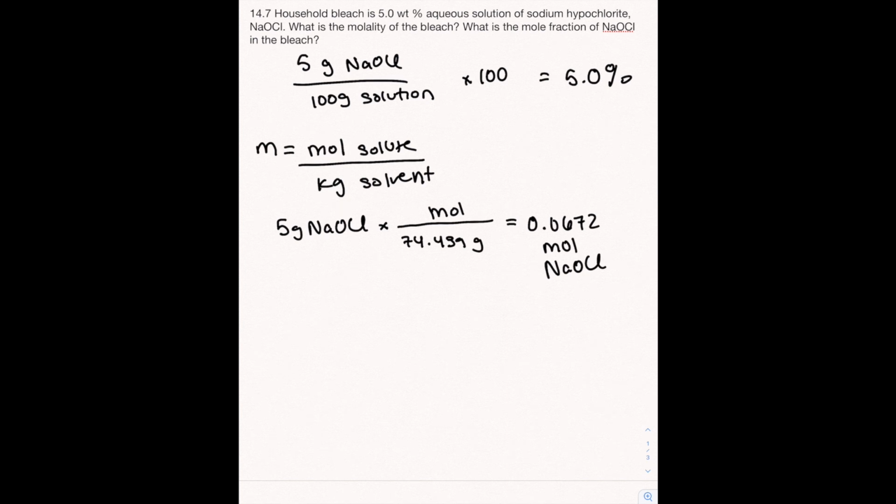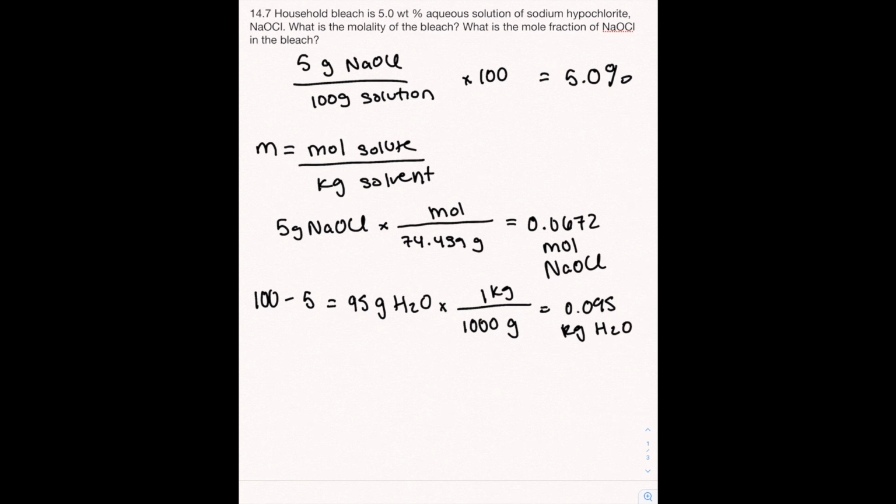Next, we need to find the kilograms of solvent. So we know we have 100 grams of total solution and 5 grams of NaOCl. In order to find the water, we need to just subtract the amount of NaOCl from the total grams of solution, and that gives us 95 grams of H2O. And then in order to find the kilograms, we just divide it by the conversion factor of 1,000 grams per 1 kilogram, and that gives us